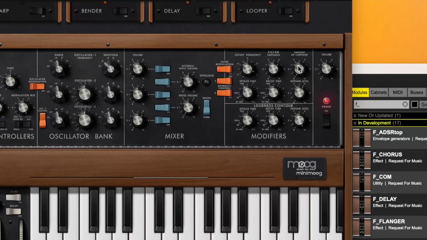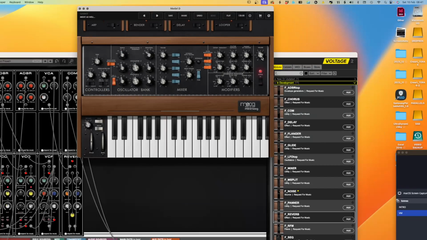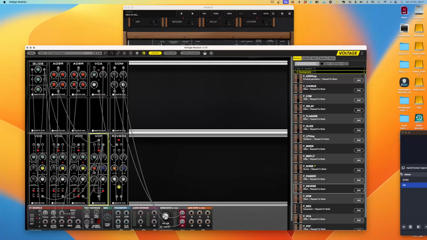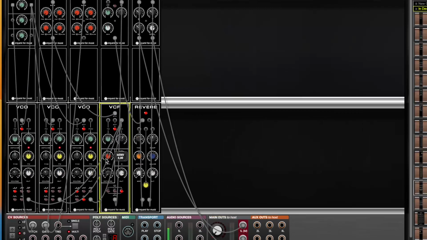But I see, yeah, the contour is the filter emphasis, which is the Q, is dialed up, but the actual attack is not dialed up. So it's actually only the cutoff frequency that is doing its part, and the loudness, so the VCA, is doing its part, which actually is just full sustain. So if I want to mimic that, all I have to do is, instead of using my setting for my filter here, which is the envelope, I can actually dial that back and just dial this up, and